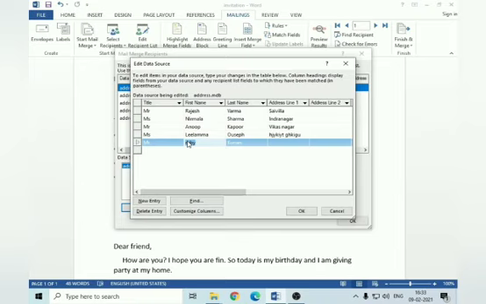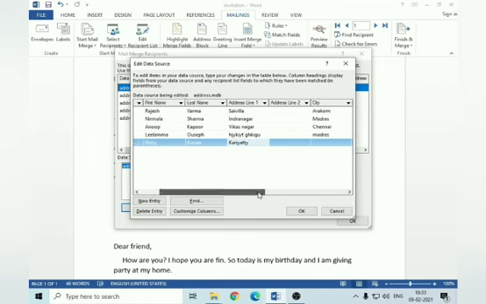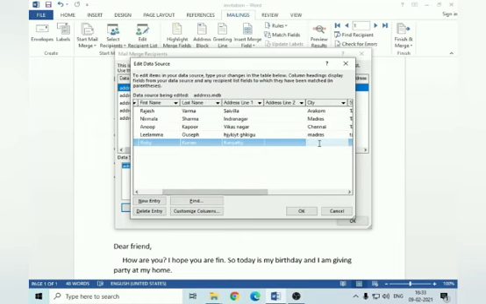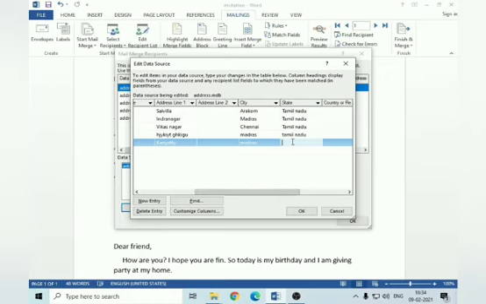Enter the address. And enter city and state also. In this way, we can enter new record.